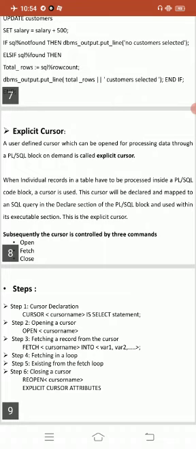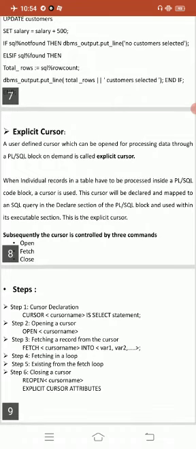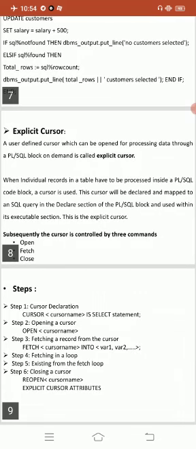Explicit cursors are controlled by three commands: open, fetch, and close. There is also the declare command, with which we declare the cursor. The open command opens the cursor and allocates memory. Fetching the cursor involves accessing one row at a time.